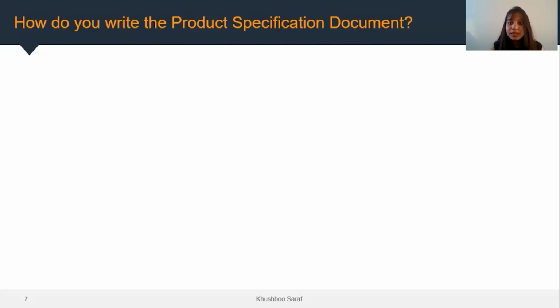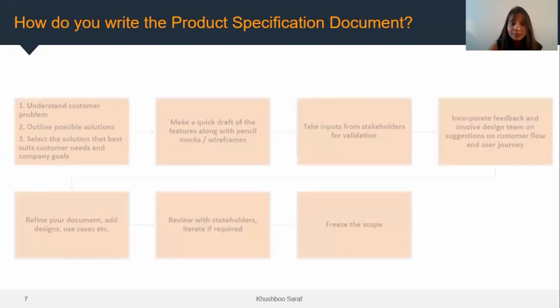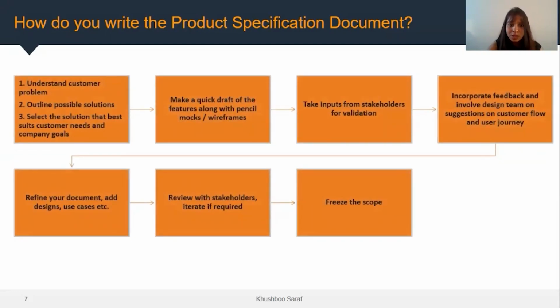We do understand that writing takes time, but you have to also maintain that right balance between being agile and being right. So I've just listed down a few pointers that could help you move slightly faster. So we always start with the customer problem, as to what problem your product is going to solve. Now, understand the problem and then try to list down all possible solutions. You can then pick up the solution that best suits the customer needs as well as aligns with the company